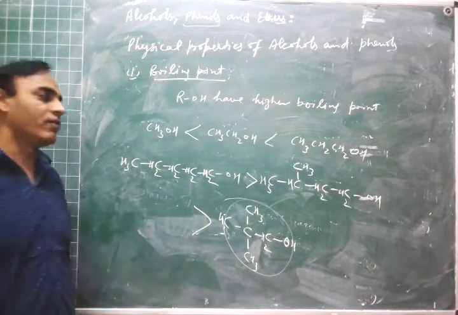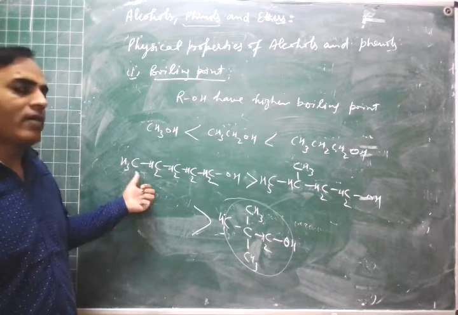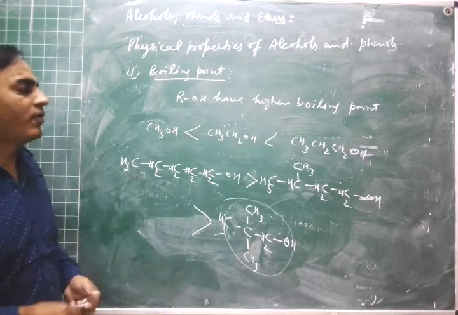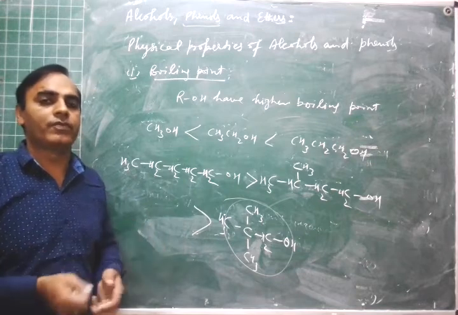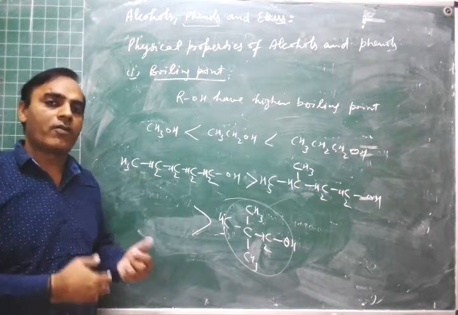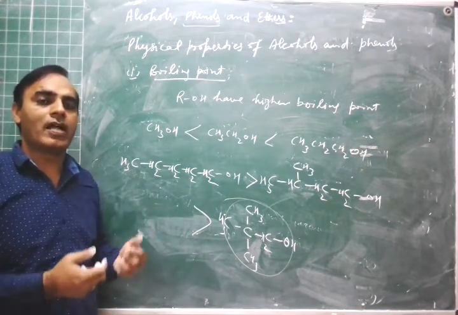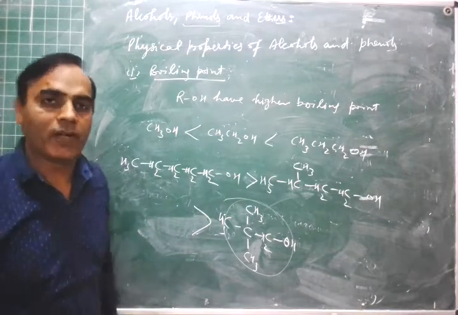That this will have the least boiling point, and this will have the highest boiling point. Now next we will discuss that if there are more number of OH groups in a molecule, then there will be more number of hydrogen bondings between their molecules, and it will have a higher boiling point. For example,